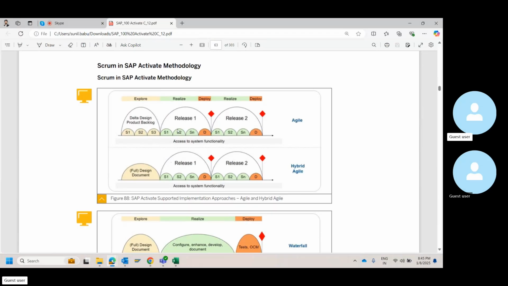So the first 3 months, or I mean it cannot be the first 3 months, 1 month for configuration, let's say. I'm giving you just a rough estimate for you to relate to. This might not be the actual case, just a rough estimate. Out of the 6 months of Realize, now I've started configuration.